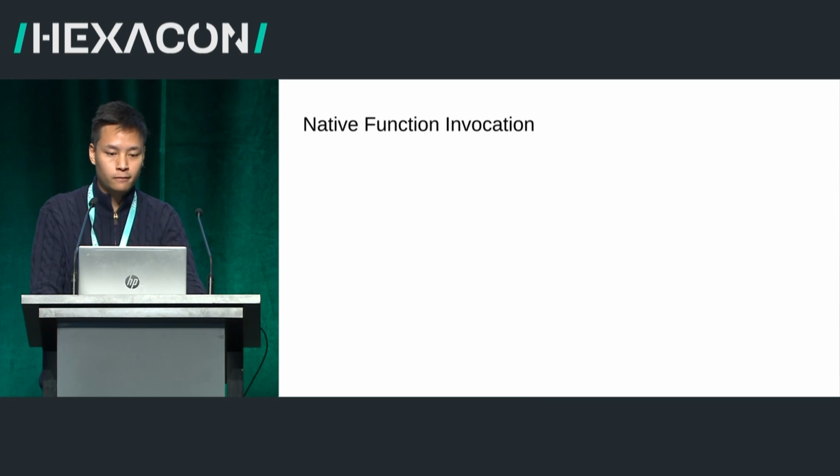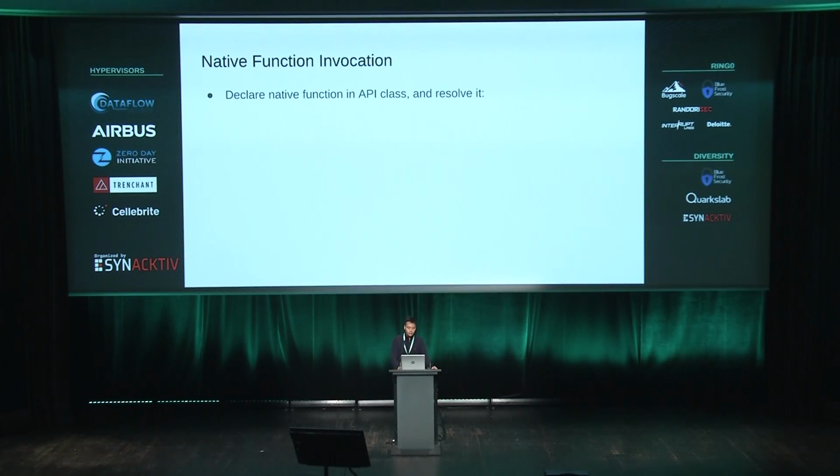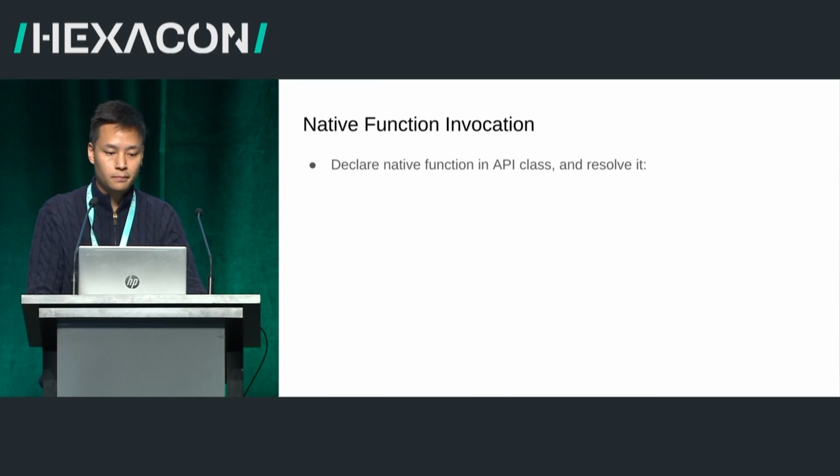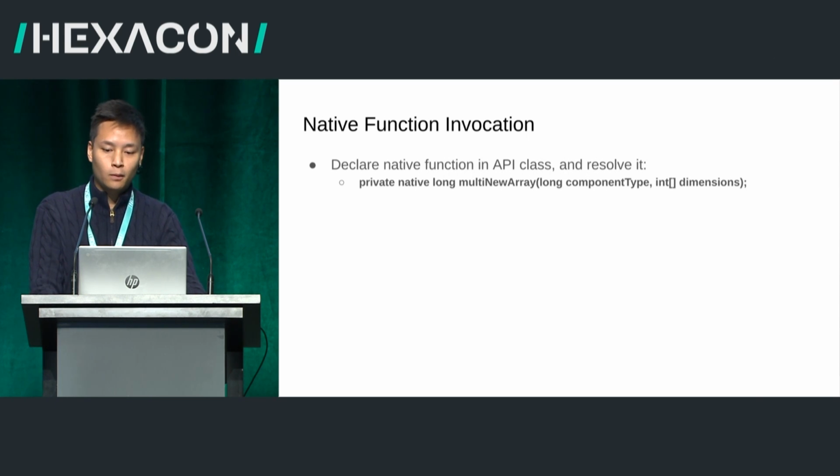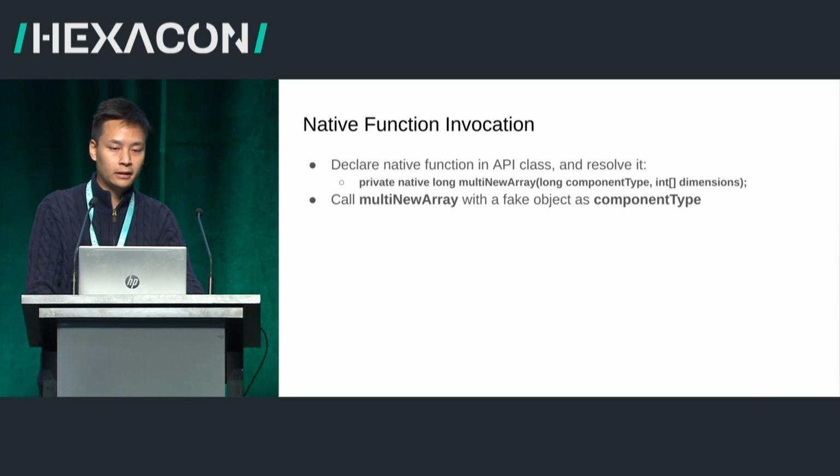And we will call this virtual function as follows. We declare a native method in our API class and resolve it to the native function using our dlsym primitive. And we do so because we want to have different types. Instead of returning an object, we return a long. And instead of using a class as the first argument, we also want to use long. And then we can call this,